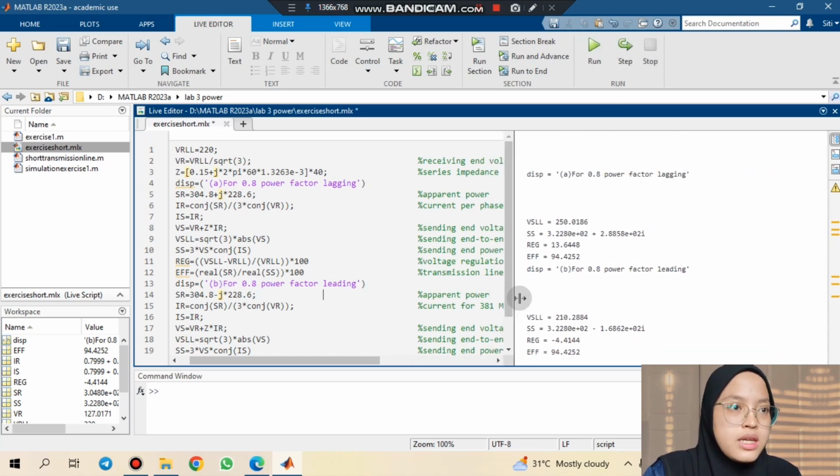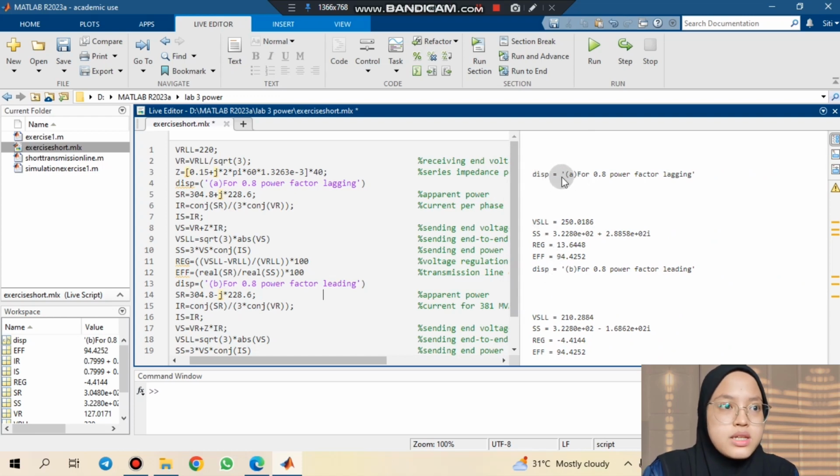Okay, so here we can see for the first question, which is A, for 0.8 power factor lagging, we can see the VSLL value, the SS value, and then the voltage regulation, and also the efficiency. From the execution of this MATLAB coding, we can see the voltage regulation for 0.8 power factor lagging is 13.6448%, and also the transmission line efficiency for this 0.8 power factor lagging is